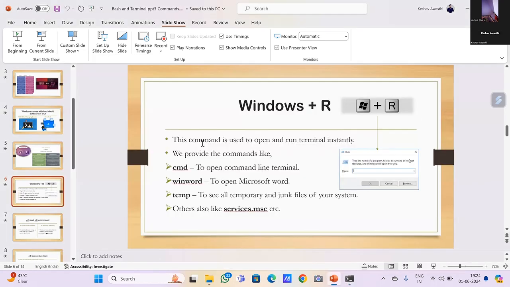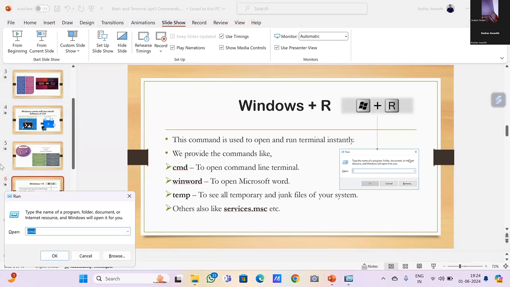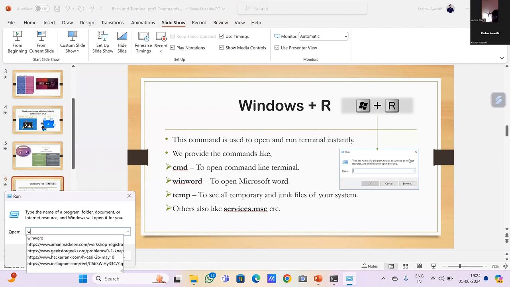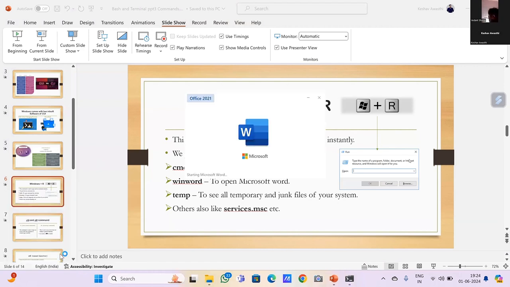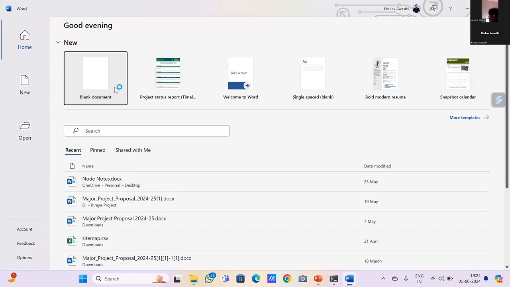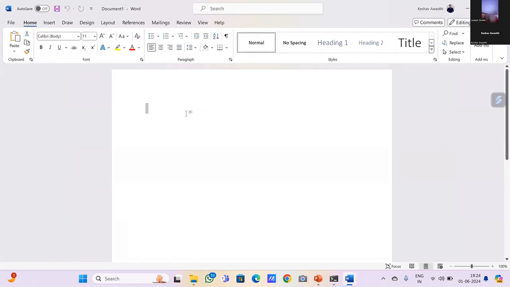And if I press Windows R again and write the second, WinWord. So CMD is to open the CMD line terminal and the WinWord command, here you can see, if I write WinWord and then press OK. This command is registered to open MS Office 2021, MS Office Word, to open the Word software. Here after writing WinWord in the run terminal, I can directly open this MS Word